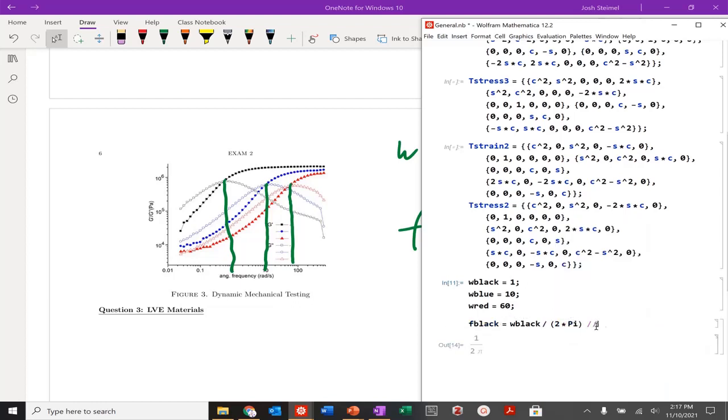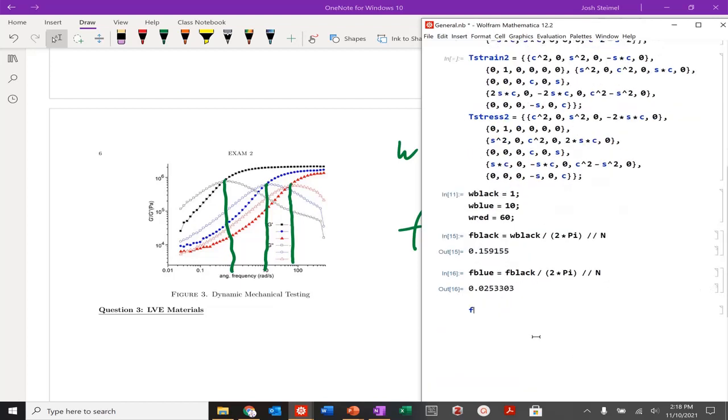Let's look at this numerically. We can do the same thing for F blue, F black, and then F red equals, well, not F black, oops, W blue, and then frequency here, F red